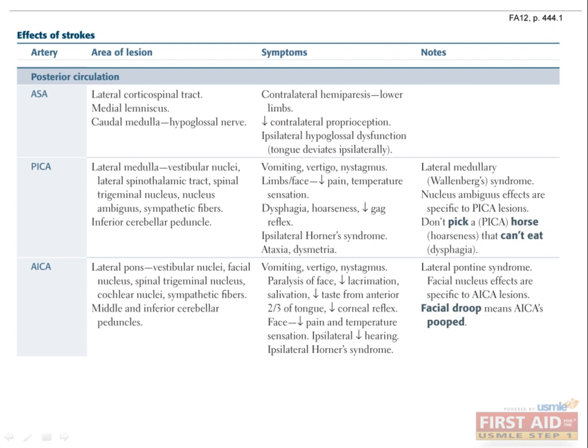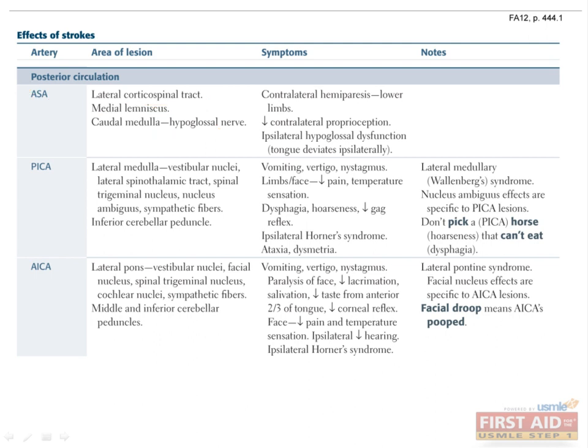Now we'll move on to the posterior circulation, where we encounter the medial and lateral medullary syndromes. The medial medullary syndrome is caused by a lesion in the anterior spinal artery, or ASA, which runs down medially and ventrally. Infarction of the ASA affects the corticospinal tracts before they decussate in the medullary pyramids, the medial lemniscus as it travels from the spinal cord to the thalamus, and also the cranial nerve 12 nuclei. Thus, what lesions would you expect? Well, contralateral hemiparesis, impaired contralateral proprioception, and ipsilateral paralysis of the tongue, so the tongue will deviate to the side